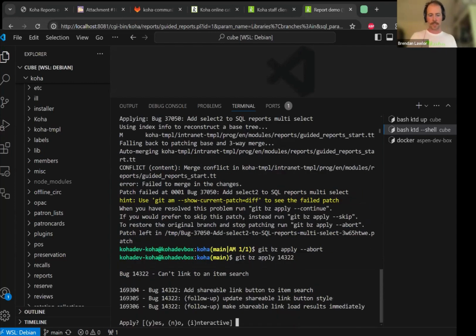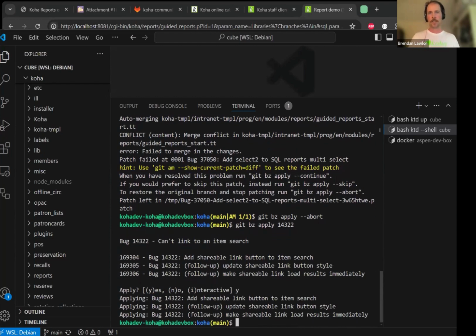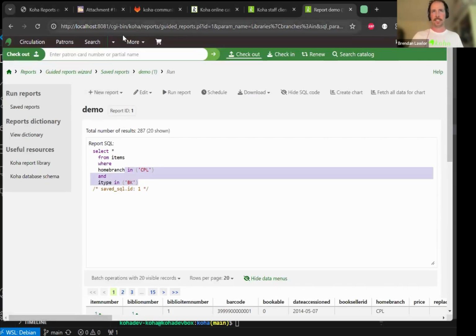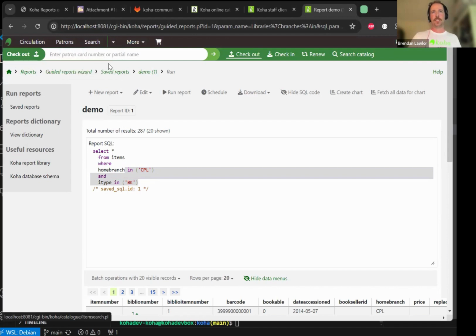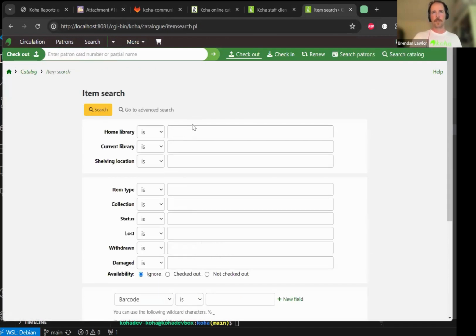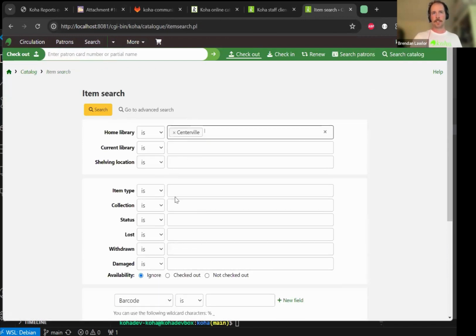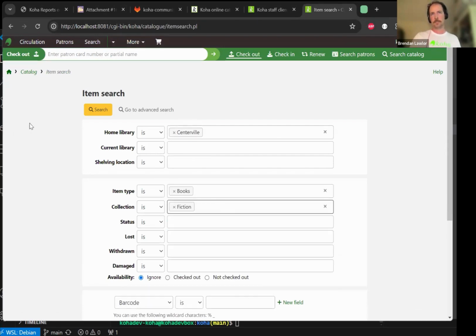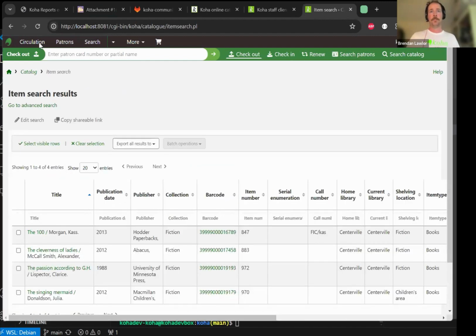one that I was working on recently to add a button that can share an item search link. So in the item search here, you can create something like this. Item type is book, collection is fiction. Some search like this. I'm not going to make it too complicated. And then when we search it, now there's this copy shareable link button, and you can copy the link